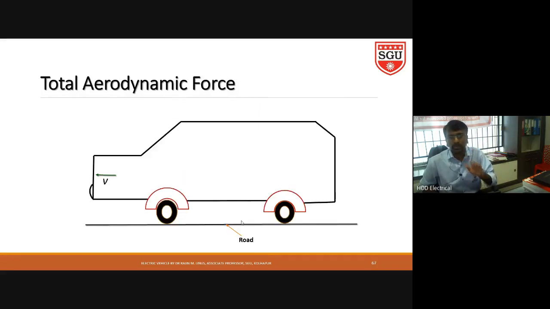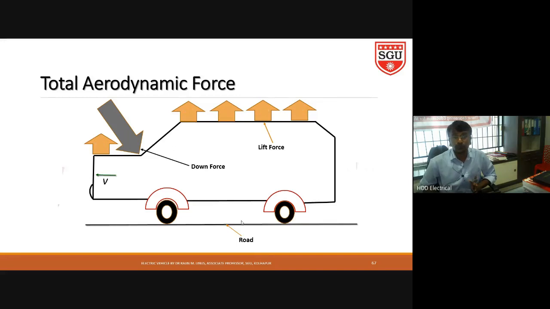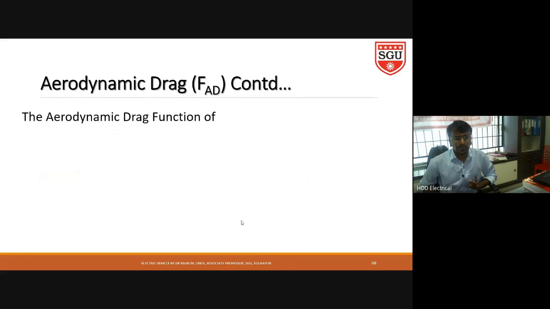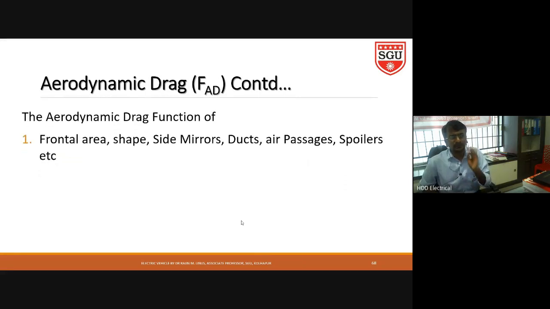Normally the total aerodynamic force has three forces. First one is down force, second one is lift force, third one is dragging force. Then let me explain that the aerodynamic drag force is a function of frontal area, shape, and side mirror.